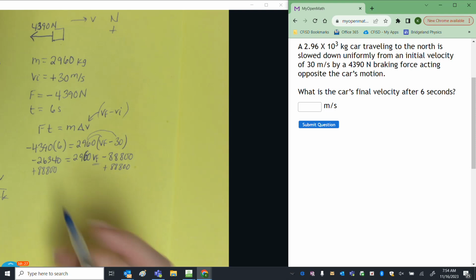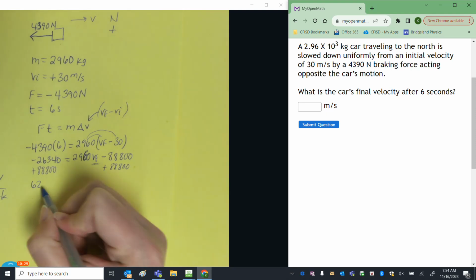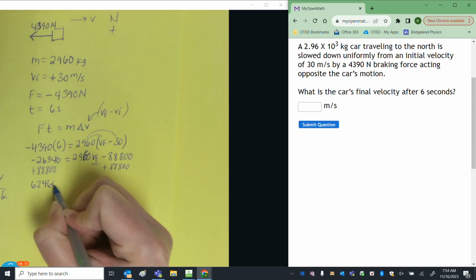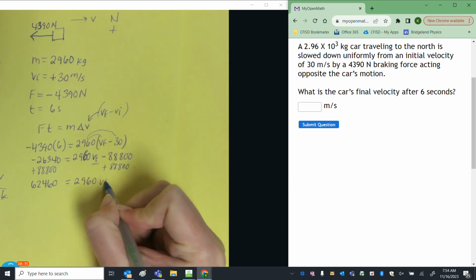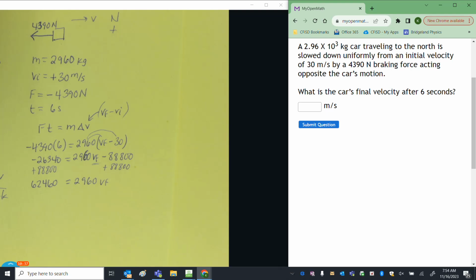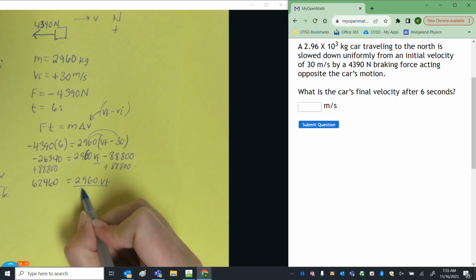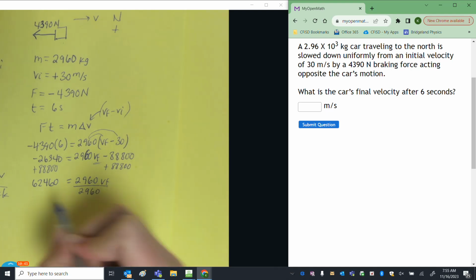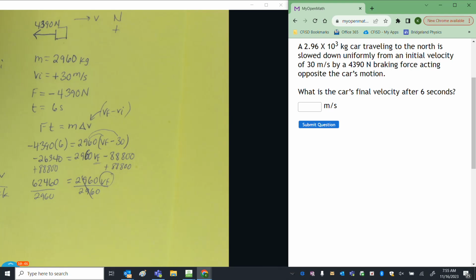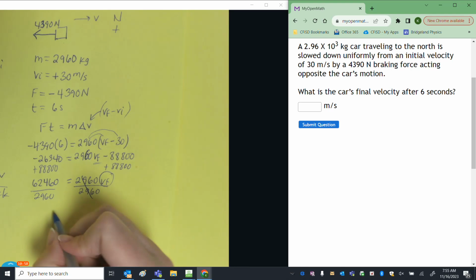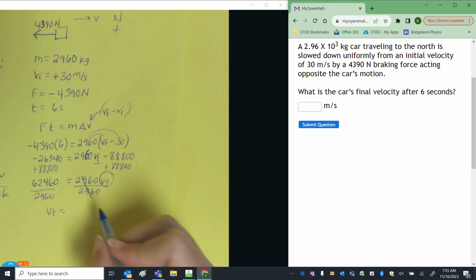And that's going to give me this: 62,460 equals 2,960 VF. And now I can divide both sides by 2,960 to isolate my variable. I'm dividing by that, and I get a final velocity equal to